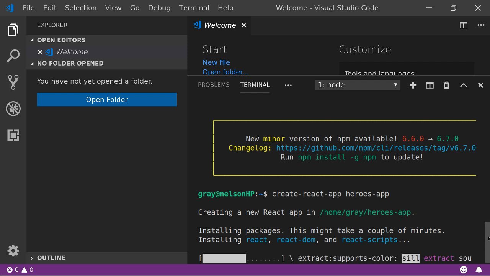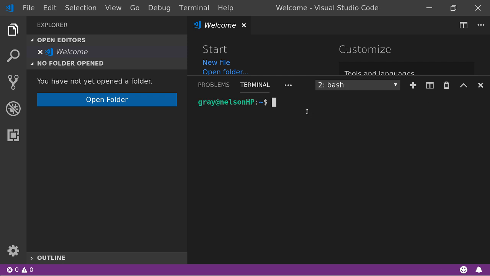Mine's probably installed globally and yours isn't. So when this has stopped, I'll open a new terminal for you. So if you do npm install create React app, and then make sure that's installed globally, so -g, that will make sure you can access that create React app anywhere on your system.